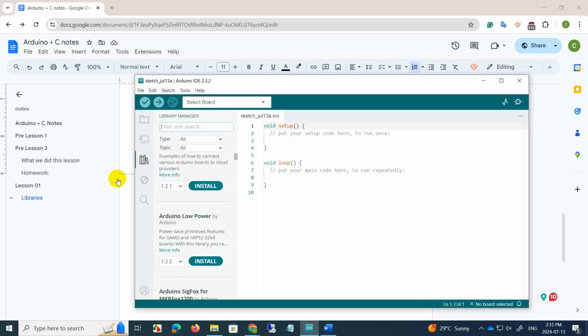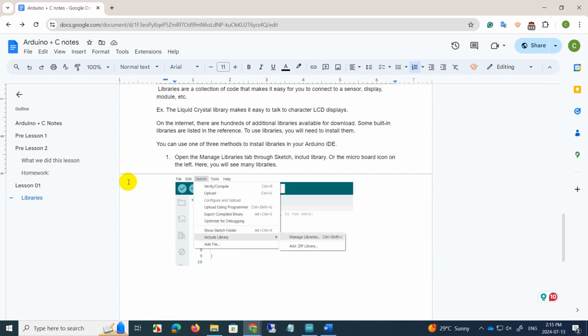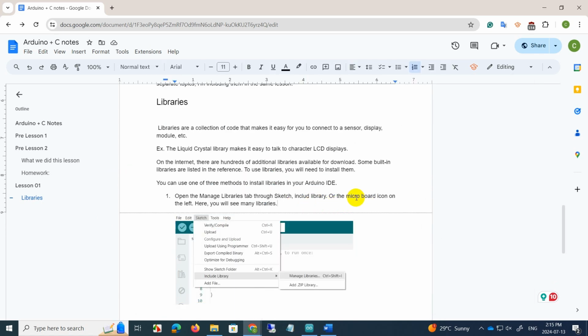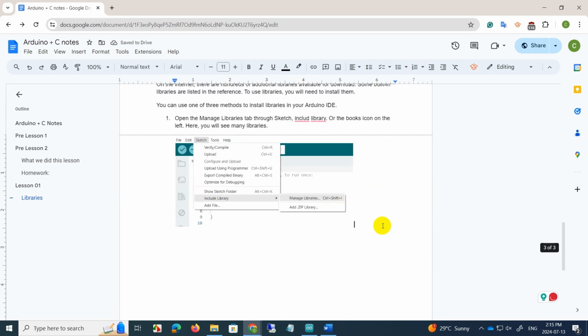Oh, this is the Boards Manager. So the icon are some books. Or the books icon. So